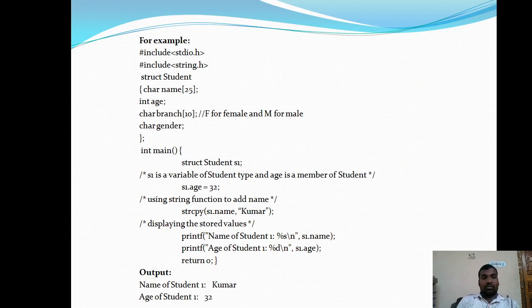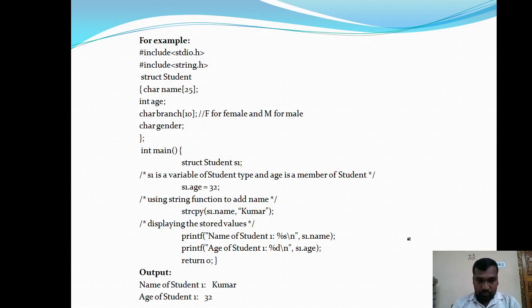Now here is a simple example. In this example, we are trying to define a structure, declare a structure variable, assign a few values to the members of the structure, and then print those values.